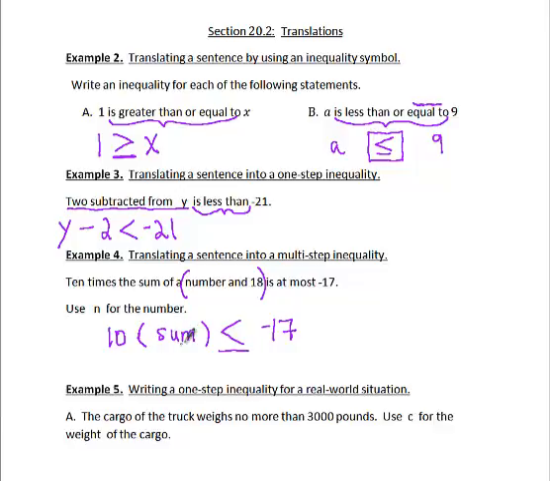Alright, but we're not finished. We still want to write a mathematical expression for the sum, and so we go back and we replace the sum with a number n. We were told to use the variable n for the number, and 18 means that we add the two, so n plus 18. So this is at most negative 17. It can be smaller than negative 17, and it can be equal to negative 17. So at most,